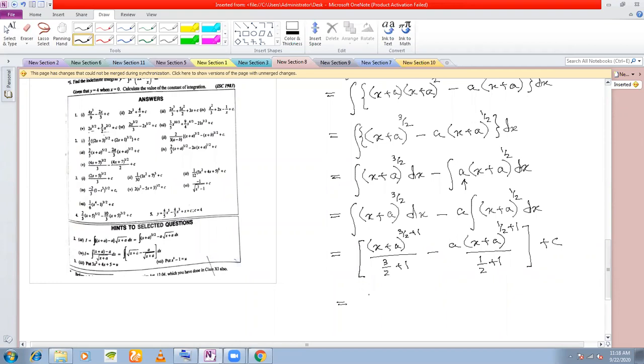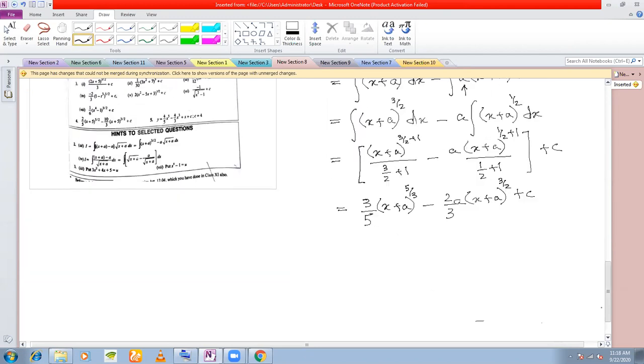In the denominator you have got 5 by 3, so this will become 3 by 5 times x plus a to the power of 5 by 3, minus, and here in the denominator you have a 3 by 2, so this will become 2 by 3 a times x plus a to the power of 3 by 2, plus c. You can leave your answer here, or you can simplify this a little also and write this as